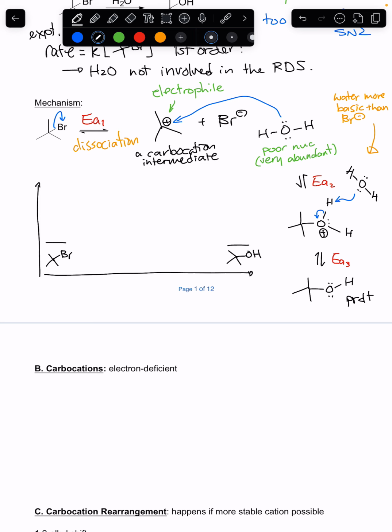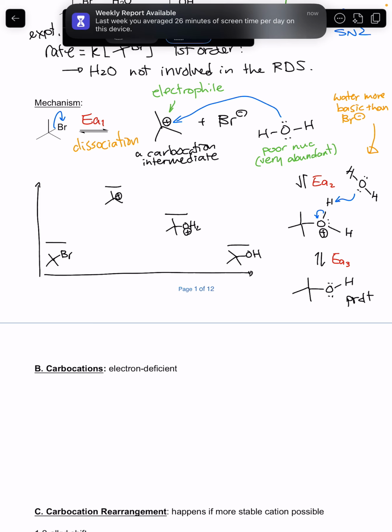Now, what we could be pretty sure of is that the carbocation intermediate is very high in energy, and then this species, it's the same as this structure, it should be much lower in energy. Why? Because at least it has a positive charge, but at least all the atoms meet the octet. Okay, so here, this must be like a rough, maybe this is a little lower, reaction energy coordinates, and